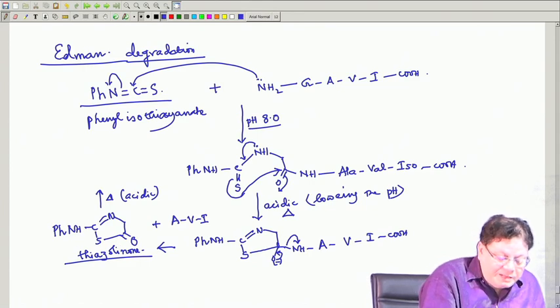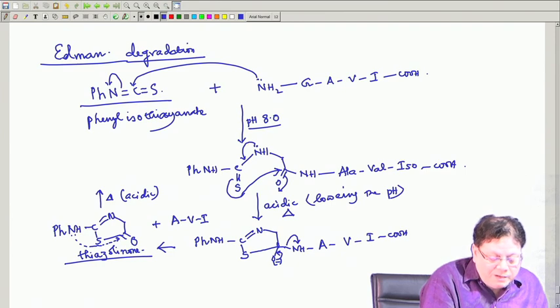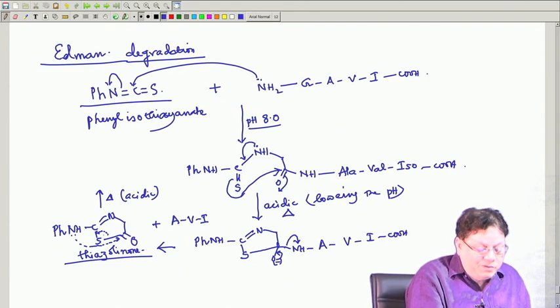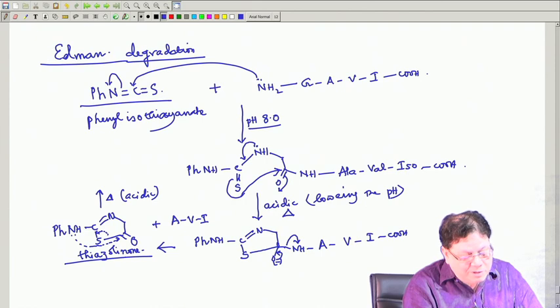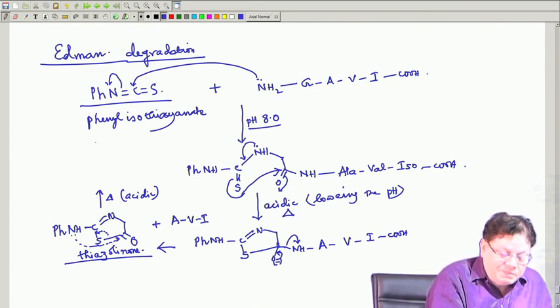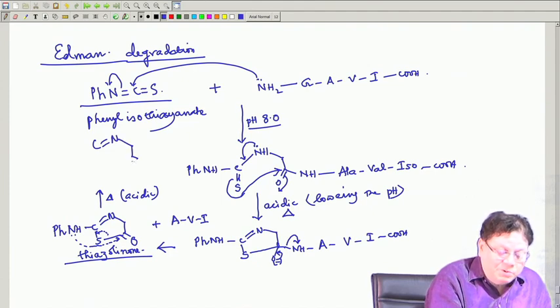It rearranges like this. This nitrogen attacks the carbonyl, and there is a rearrangement, and the sulfur comes out of the ring. So, basically this nitrogen attacks this carbonyl, and this carbon-sulfur bond is broken, that comes here. Okay. So, what you get is C double bond N, then CO, then you have N, pH, because obviously that will lose the hydrogen, and then you have the